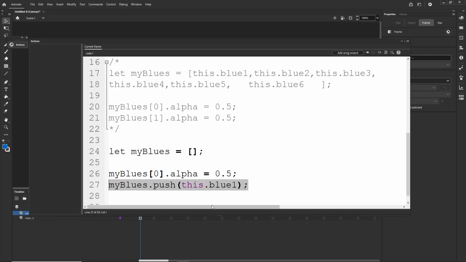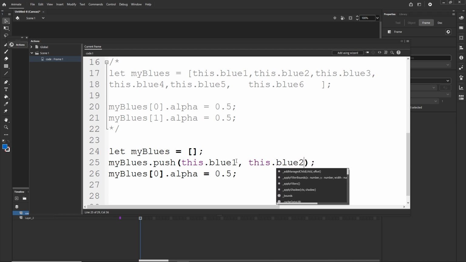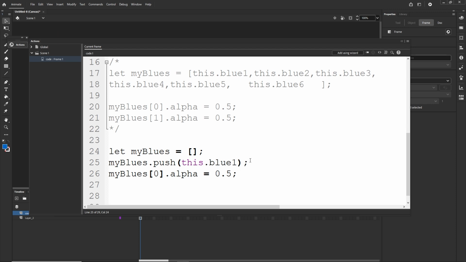Okay, and this way what we could do is right now I can put this like so, and if I want I could either put it on the one line, so I can go like this dot blue2, so I can push at the same time blue1 and blue2, or I can do it on the separated lines. That's fine. So I can just duplicate this, so myBlues dot push, and we are going to push